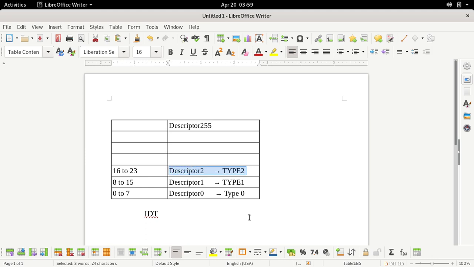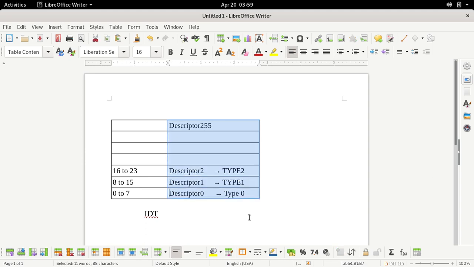Are you getting it? For each interrupt we have one descriptor in IDT. The first descriptor will always correspond to type 0 interrupt, and the last descriptor will correspond to type 255 interrupt. Suppose a divide by 0 error occurs. Which descriptor present in this IDT should be selected?